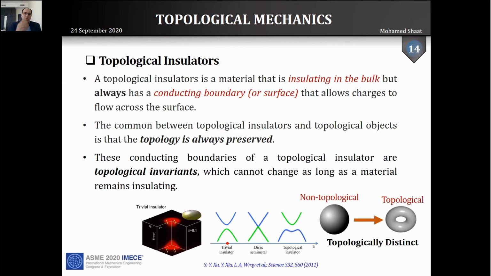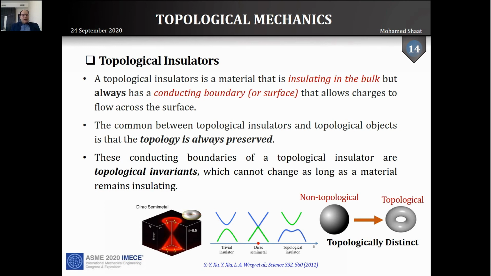In fact, in addition, topology has resulted in the invention of the topological insulator. A topological insulator is a material that is insulating in the bulk but always has a conducting boundary or surface. Always here means that this property is preserved. This conducting boundary or surface is a preserved property of topological insulators. It is a topologically protected property. It means that the conducting boundary of a topological insulator is topologically invariant and cannot change as long as